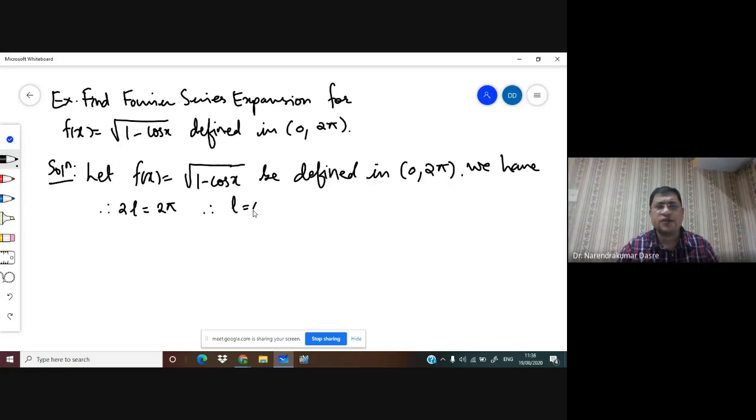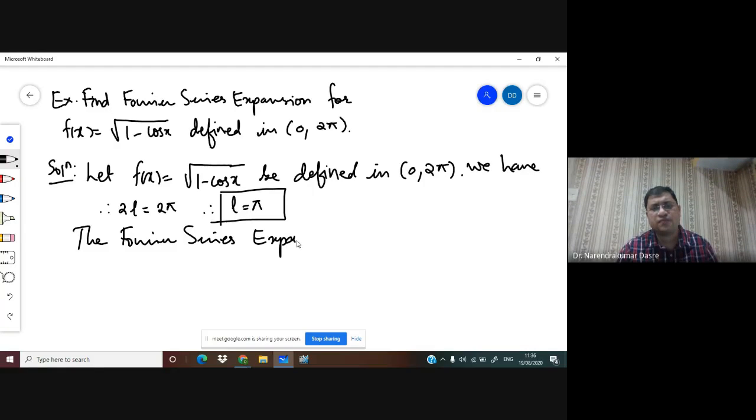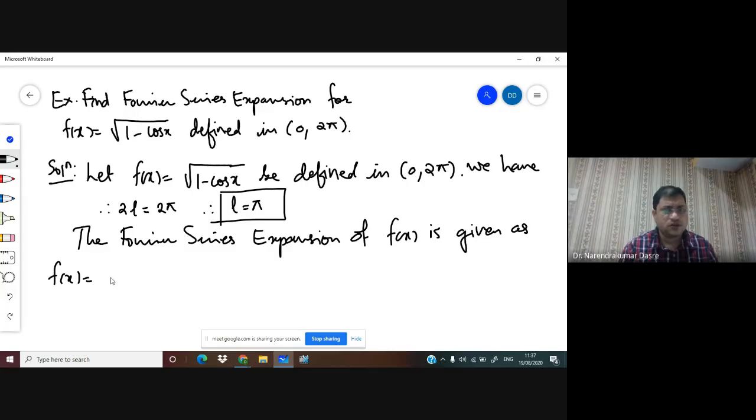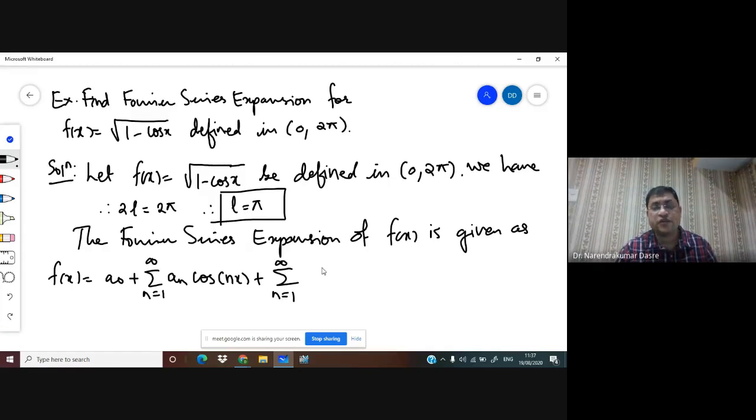So we get L is equal to pi, and once we have L equal to pi, we can write the Fourier series expansion of f of x as f of x is equal to a0 plus summation n running from 1 to infinity an cos of nx plus summation n running from 1 to infinity bn sine of nx. Let it be equation 1,